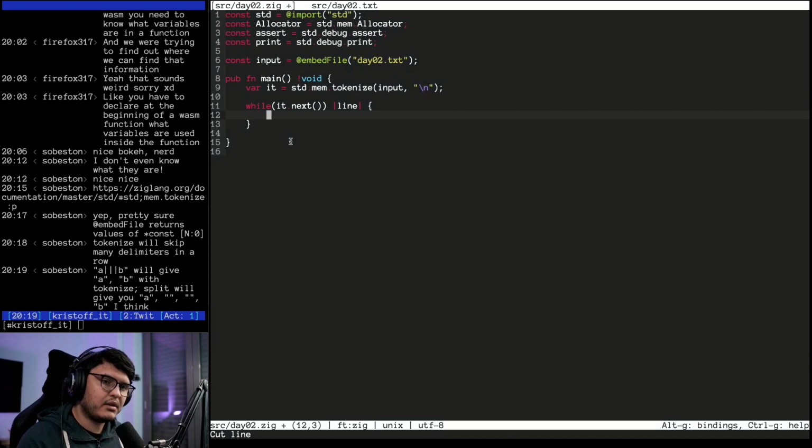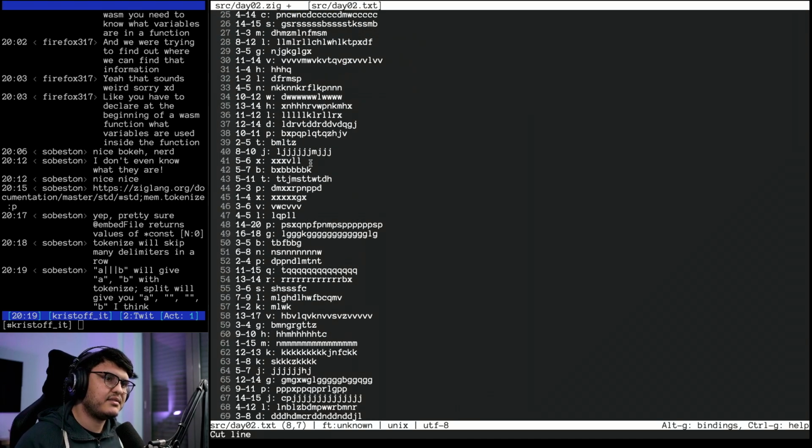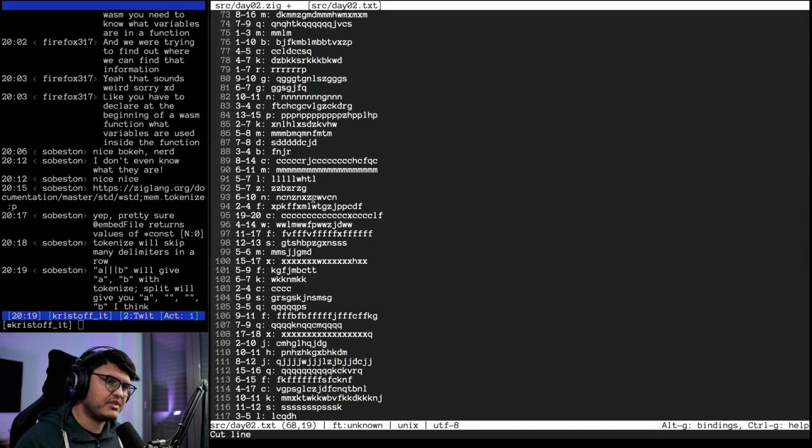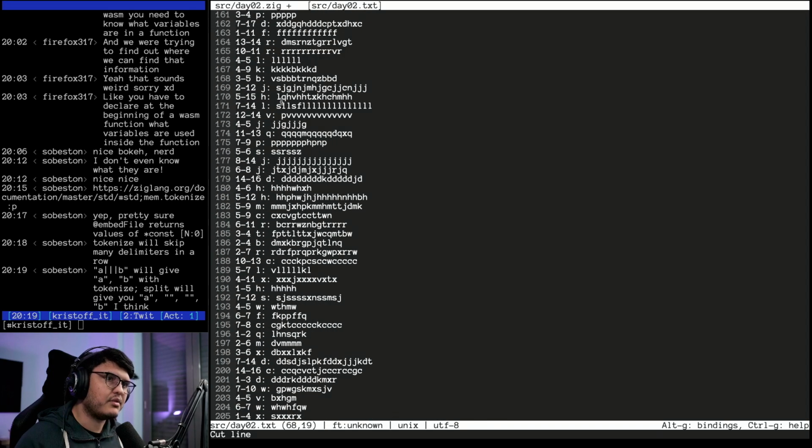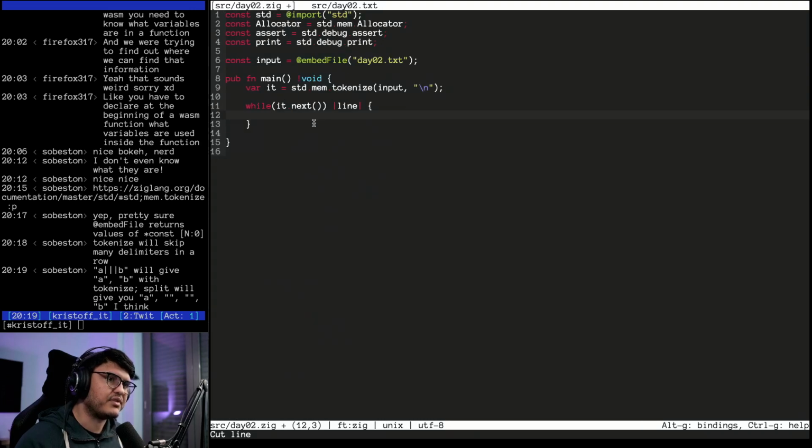Tokenize will give you just the parts, while split will give you other stuff, but I think this is not a problem here. This output looks so clean. I don't think we should worry about differences, at least for now. Maybe we'll have to worry in part 2. We'll see.